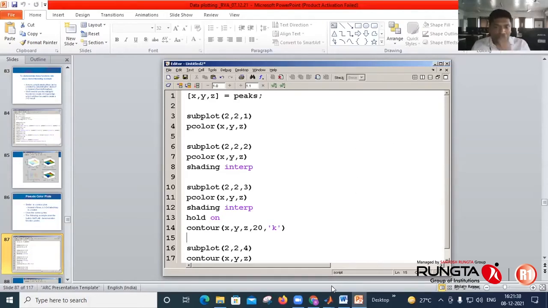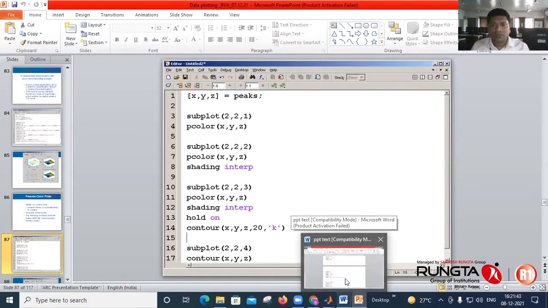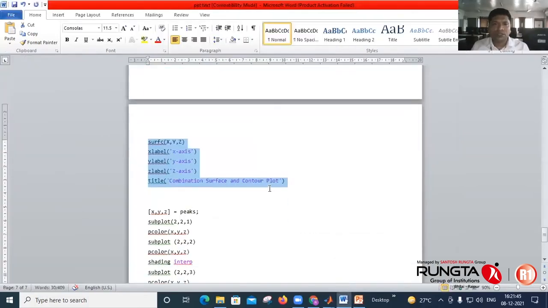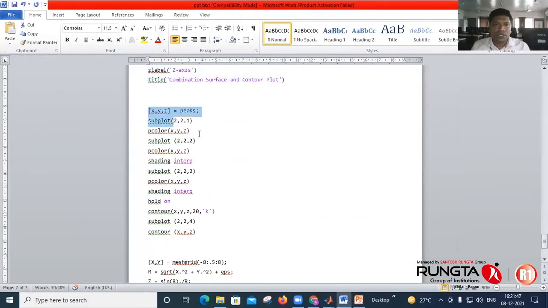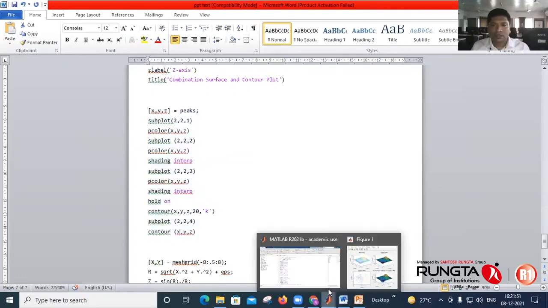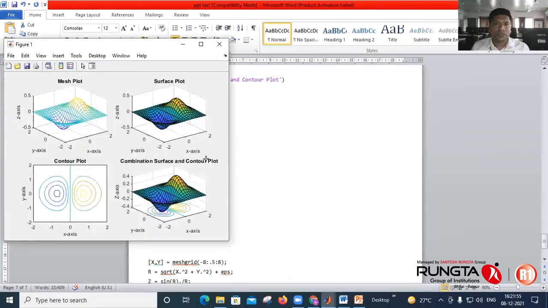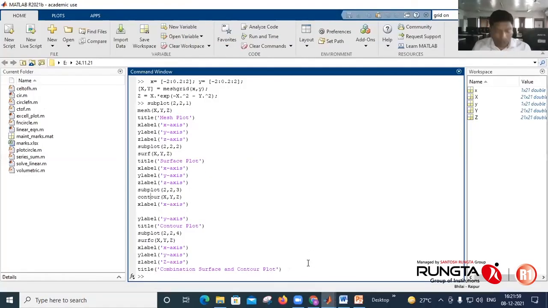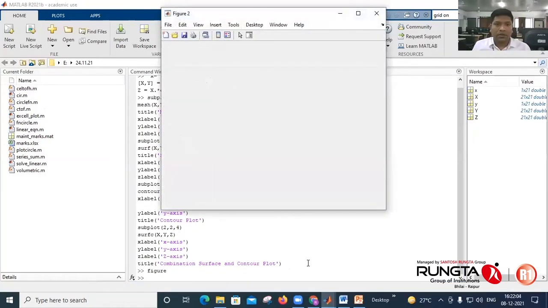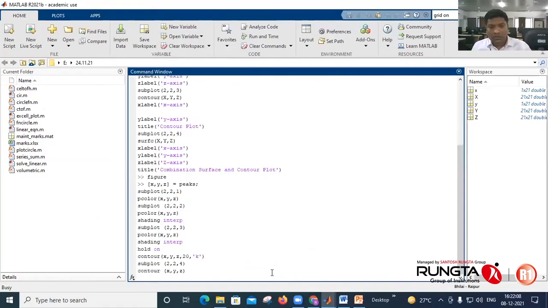Okay. So again, let me explain this example with my code. So XYZ peaks, and this is figure 1 with lines. I will call another figure, and here I will plot the pseudo color graph.